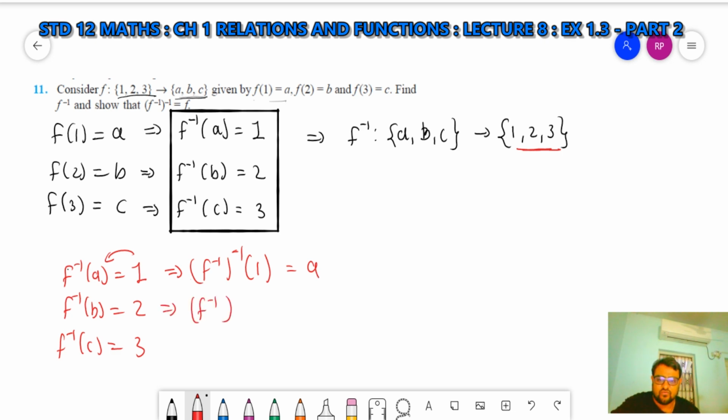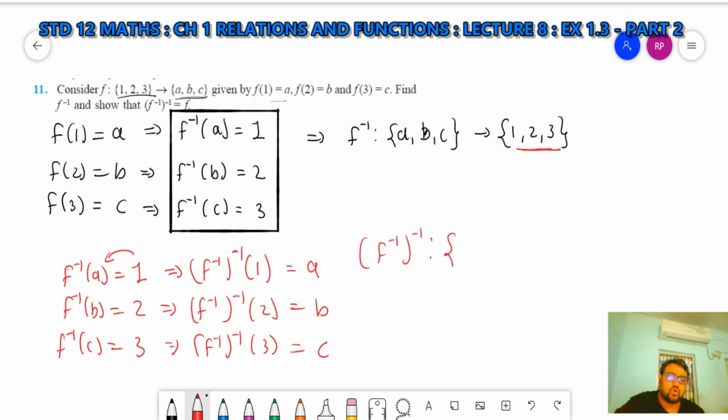F inverse of 2 is equal to B. F inverse of 3 is equal to C. So I can write F inverse of inverse. From which elements did I take? The domain 1, 2, 3. What range did I get? That I will take as the codomain,